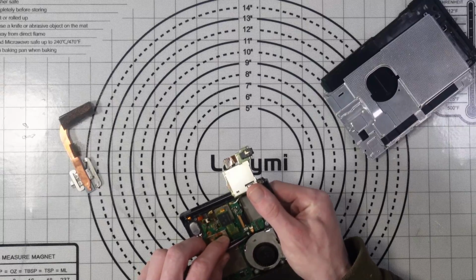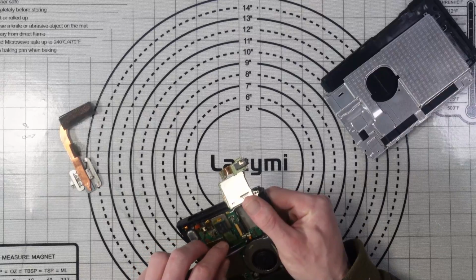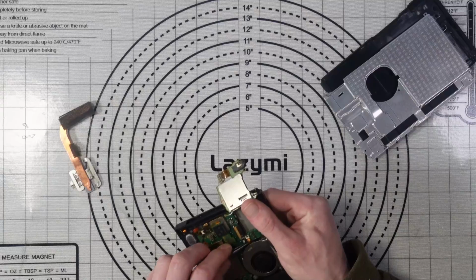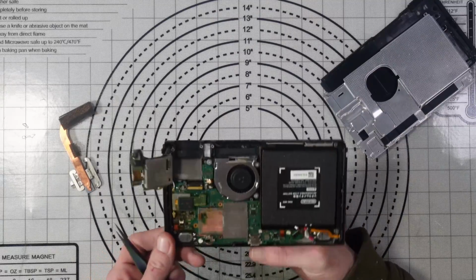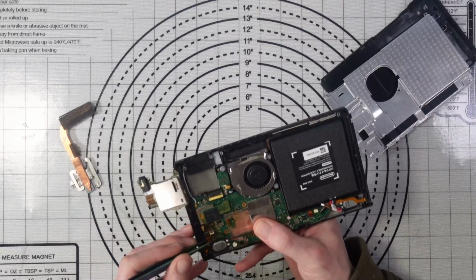And wow, yeah, this might be... Yeah, I don't know if I want to repair this at all. This has been absolutely destroyed. I'm struggling to even get the